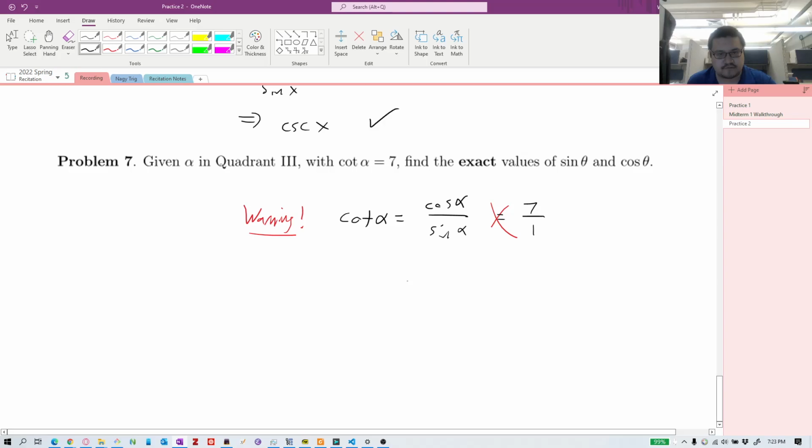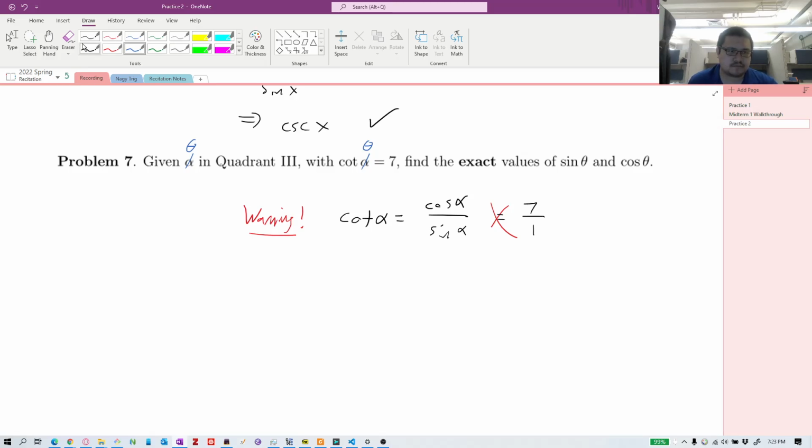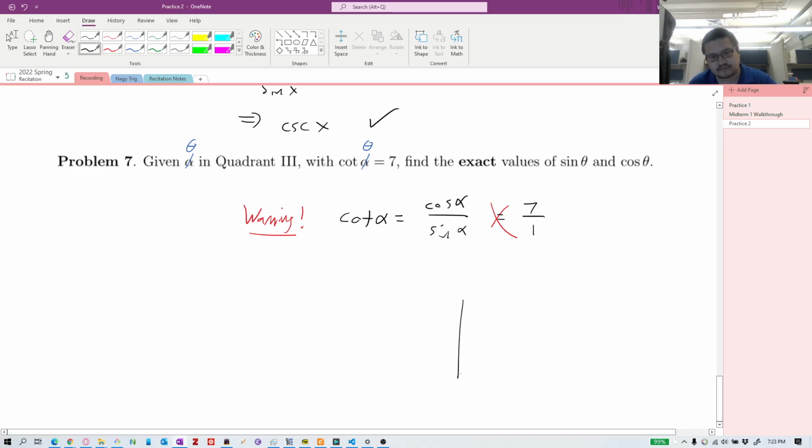Cotangent alpha. It's kind of distracting. Let me just fix that. This is supposed to be, let's use theta because I think everyone is more comfortable with theta. So instead of that, we'll use theta. So instead, we're told it's supposed to be in the third quadrant, and